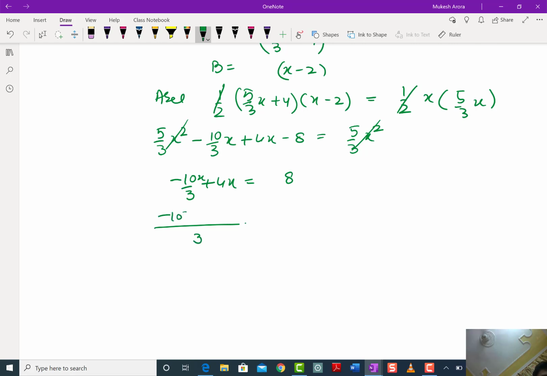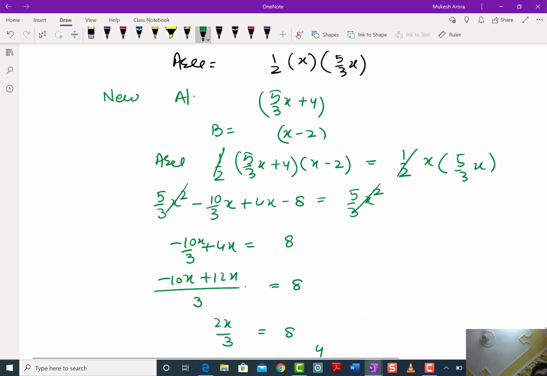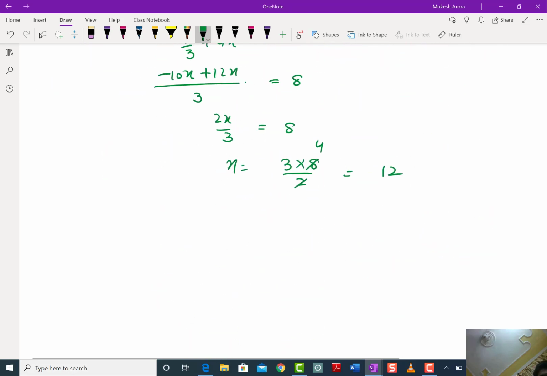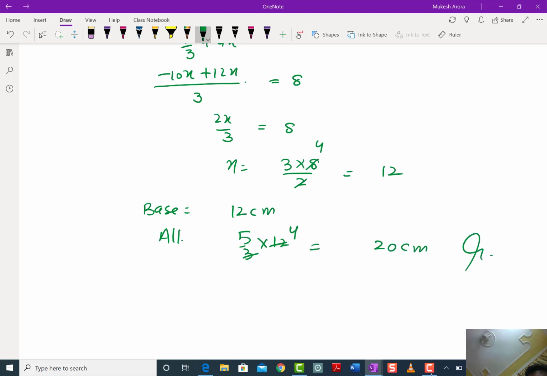Minus 10x plus 12x is equal to 24. 2x by 3 is equal to 8. x is equal to 3 into 8 by 2, which is 12. So the base is 12 centimeter. Altitude is 5/3 of 12, which is 20 centimeter. So this is all for